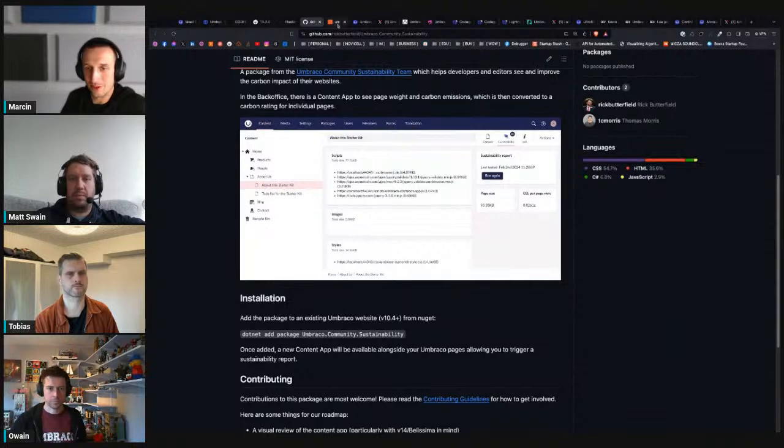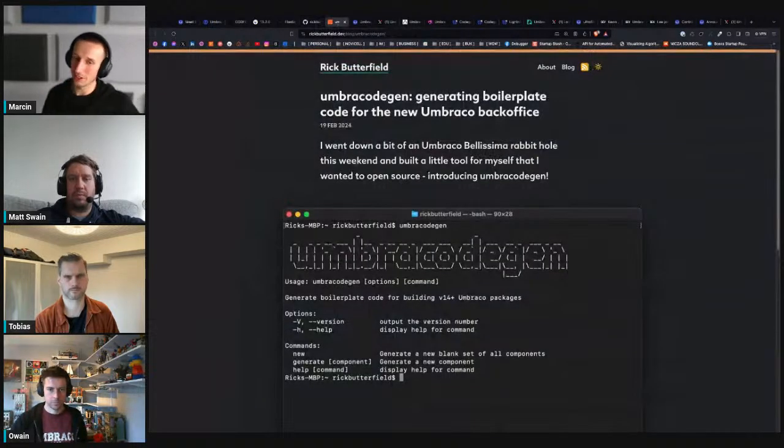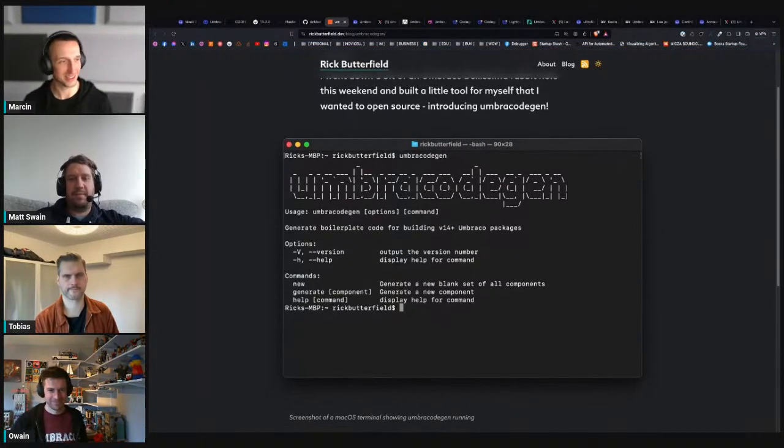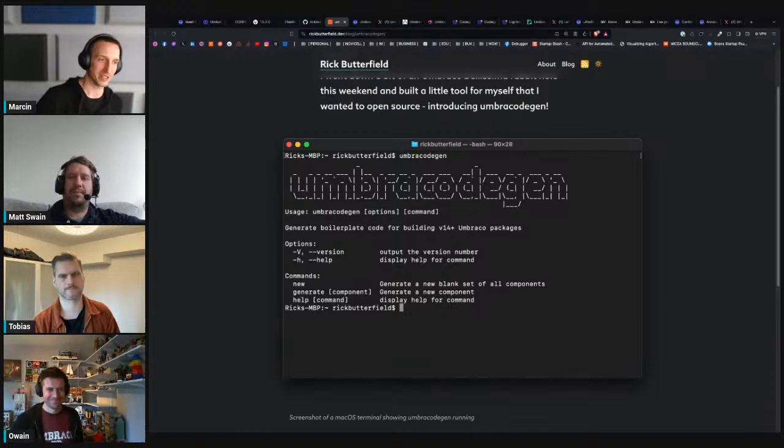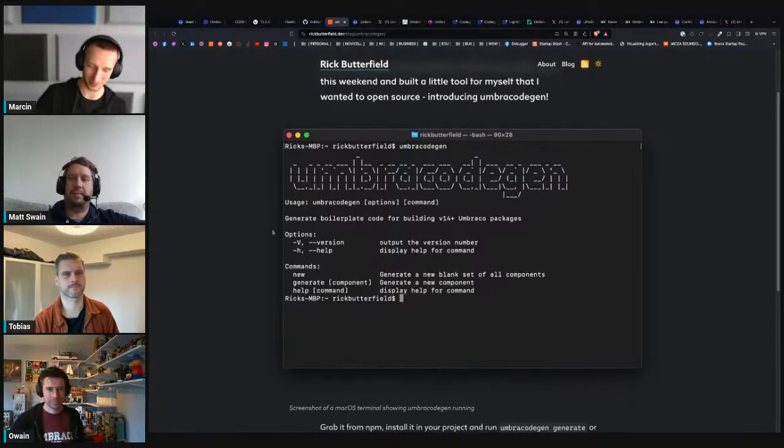And the next one from Rick was also released relatively soon, not that far in time, and it's called umbraCode. So we can generate Umbraco code straight from the console. And as a geek guy, and in reference to Terence, the Windows XP window, I think it's worth highlighting, and kudos to Rick for this great command line interface to generate the code. And anything that can help us to write code faster these days, which is not ChatGPT only, is worth being mentioned, and it's looking really good.